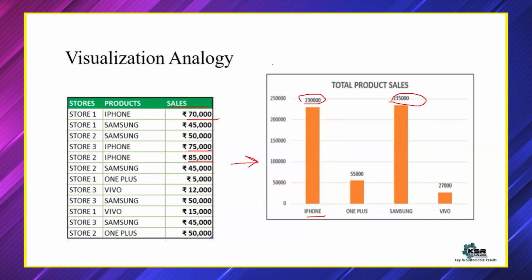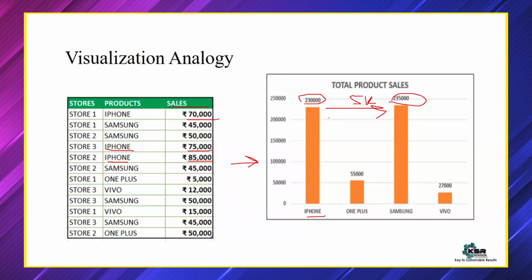easier to understand. Maybe our human brain thinks that way, that a premium product, if you compare even Samsung or OnePlus with iPhone, iPhone is a premium product. We always assume that iPhone would have the highest sales. But with this data which we have in a table, if you try to analyze it with a picture, with a normal chart, you'll get the background information that Samsung has the highest sales with this information which we have. There is a slight change, maybe I'll keep it as a 5K increase, not 5%, 5K increase.